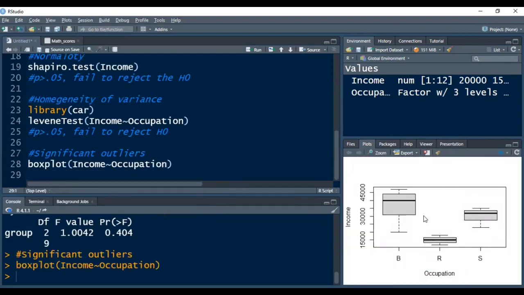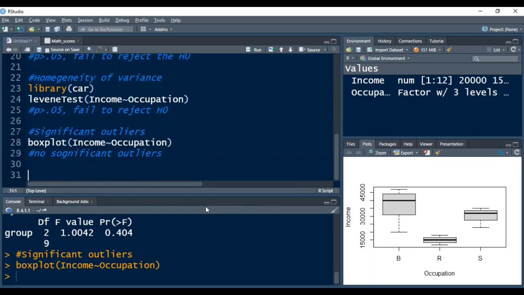In the fourth window, that is the plot window, we can see in all the 3 box plots, we cannot find any outliers. So that is why I can conclude this thing that there is no significant outliers available in my income variable. So friends, this way we have checked all the assumptions of one-way ANOVA using R.